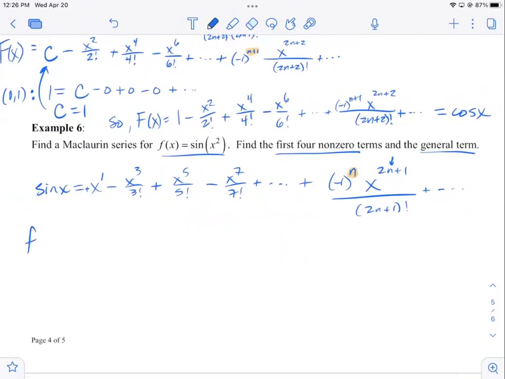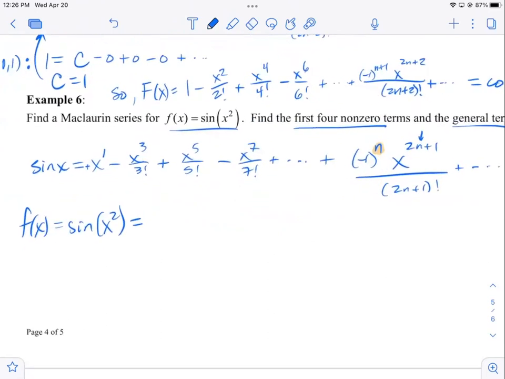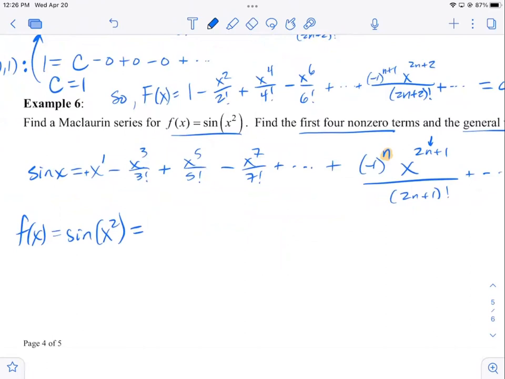So now we can say f of x, which is sine of x squared. All we got to do is go through and replace x with x squared. So can we do that in one step, or do you want to do it in two steps? One step. Okay. So just remember, when we raise a power to a power, we don't add the exponents, we multiply. So it's going to be x squared minus x squared cubed is x to the 6 over 3 factorial, plus x squared to the 5th is x to the 10th over 5 factorial, minus x squared to the 7th is x to the 14th over 7 factorial, plus yada, yada, yada, plus, and we'll do the same thing here,